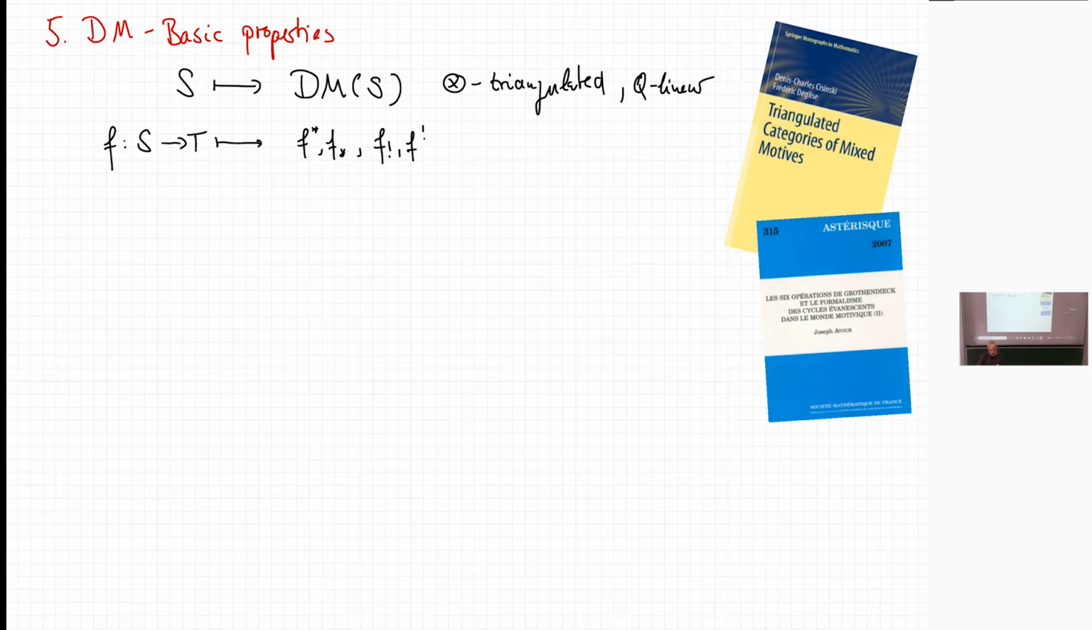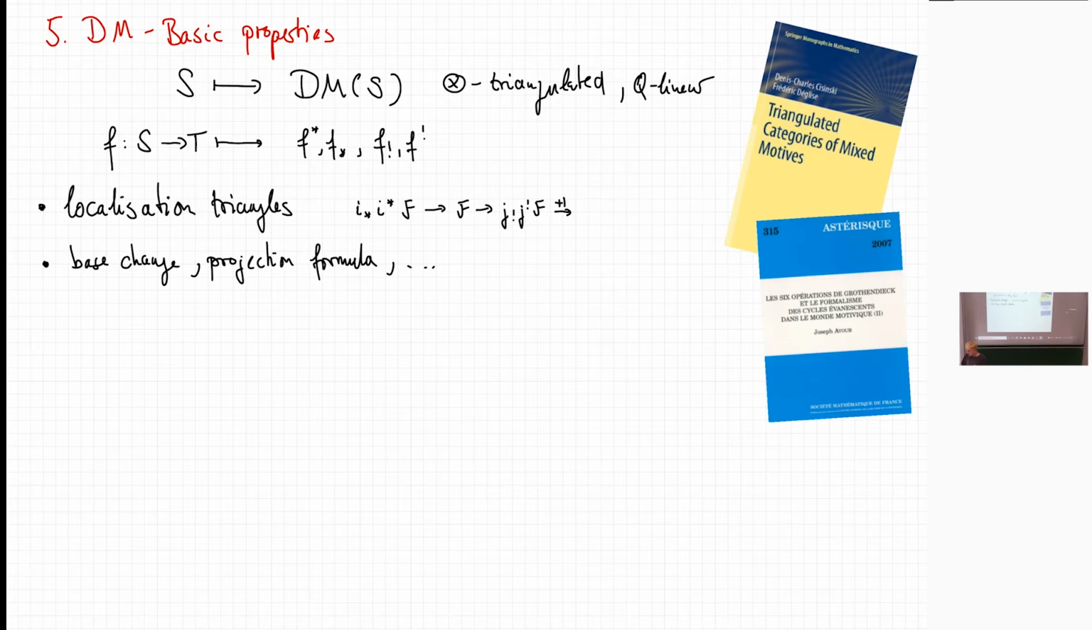If you have a morphism of varieties, you get functorialities between them. Yeah, the usual pushforward and pullback functors and their exceptional versions. And then very similarly to constructible sheaves on manifolds, you get something like localization triangles, base change formula, projection formula. There's one difference, a huge difference I would say, to just the constructible sheaves on